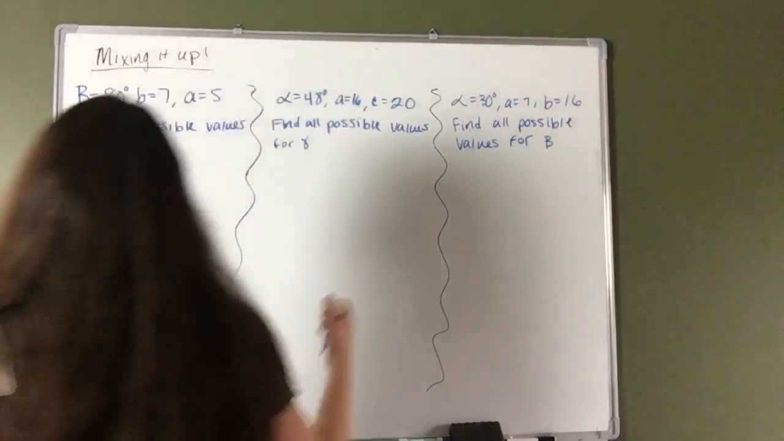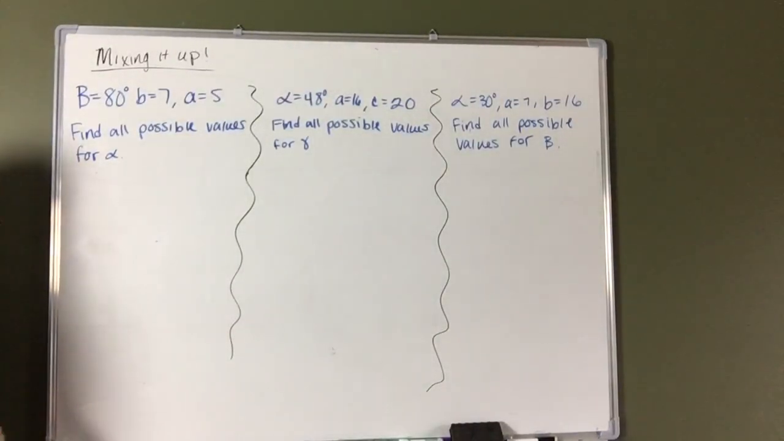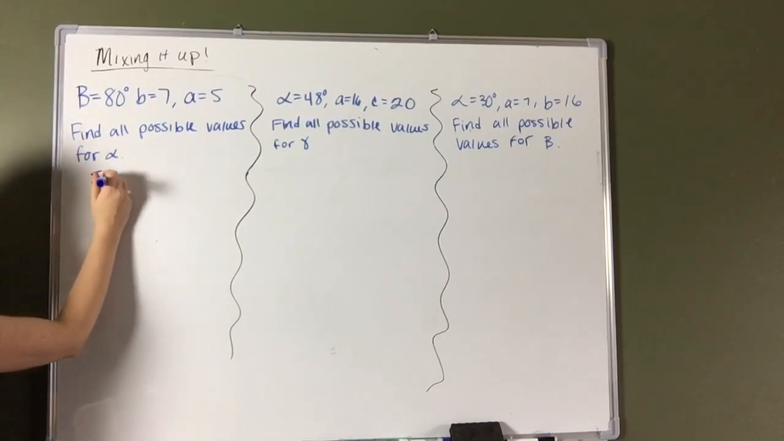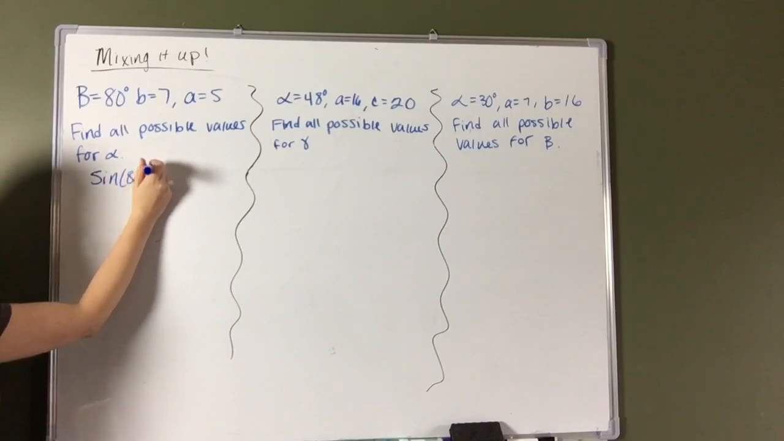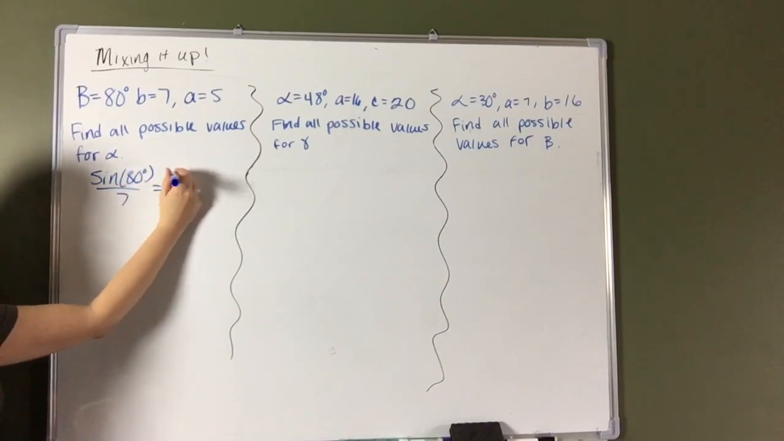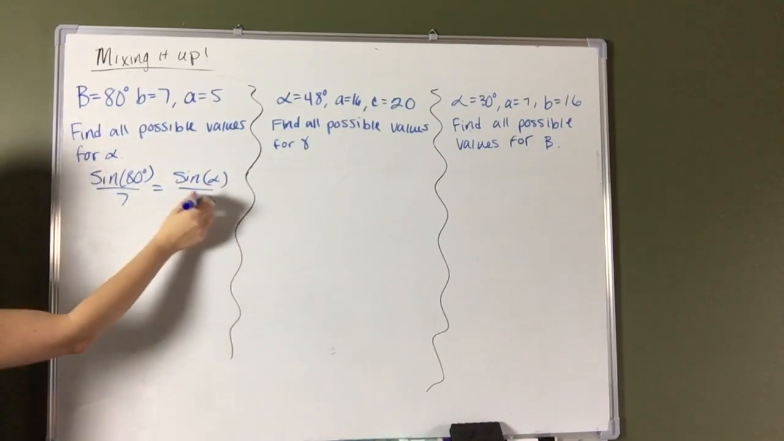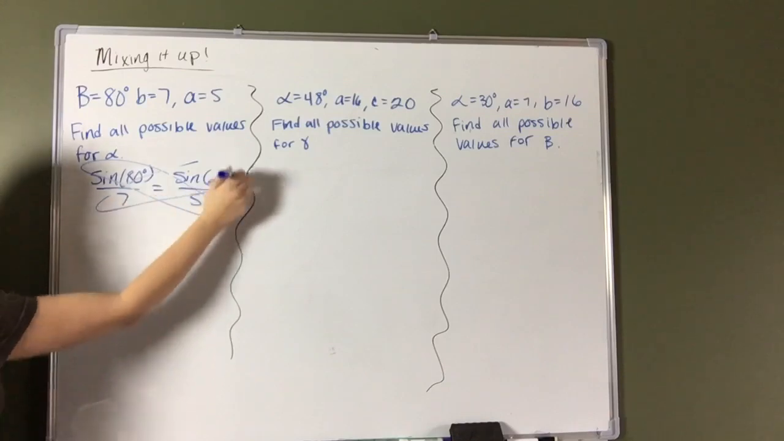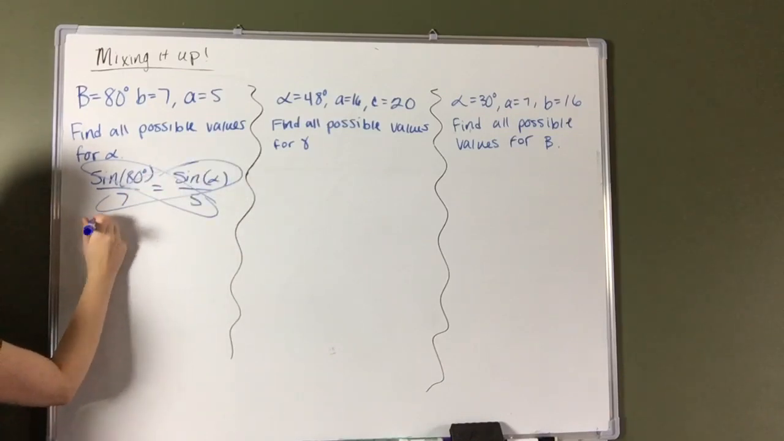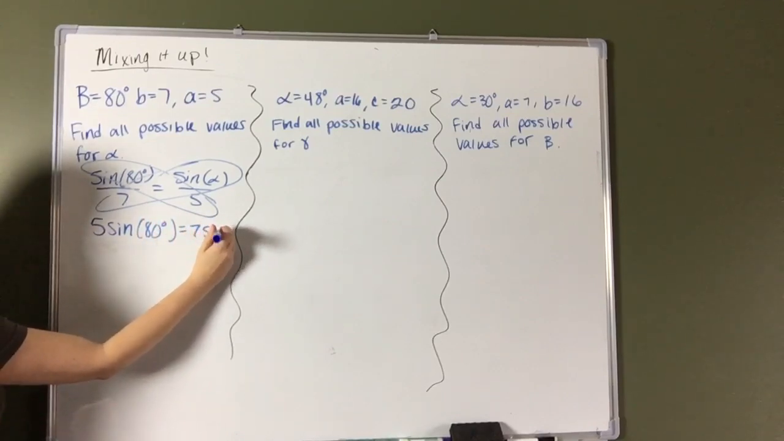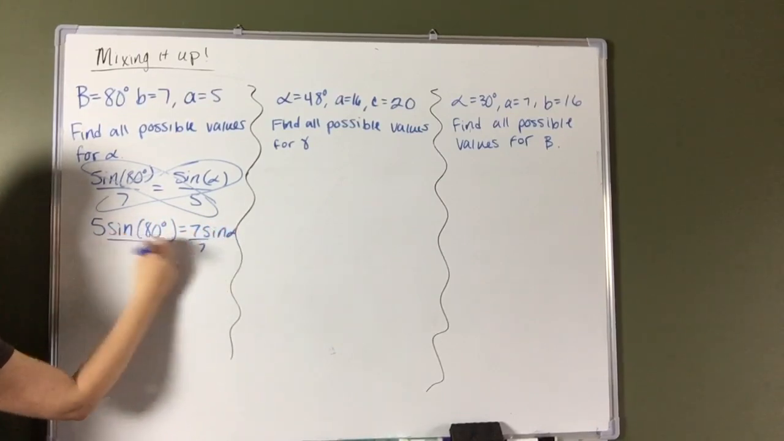And the first one, we have beta equal to 80 degrees, b equal to 7, and a equal to 5. So the first thing we would try to find is alpha, which is what we're asked to find anyway. It would be sine of 80 degrees divided by 7 equals sine of alpha divided by 5. And then we can cross multiply. So we get 5 sine of 80 degrees equals 7 sine of alpha, divide by 7,